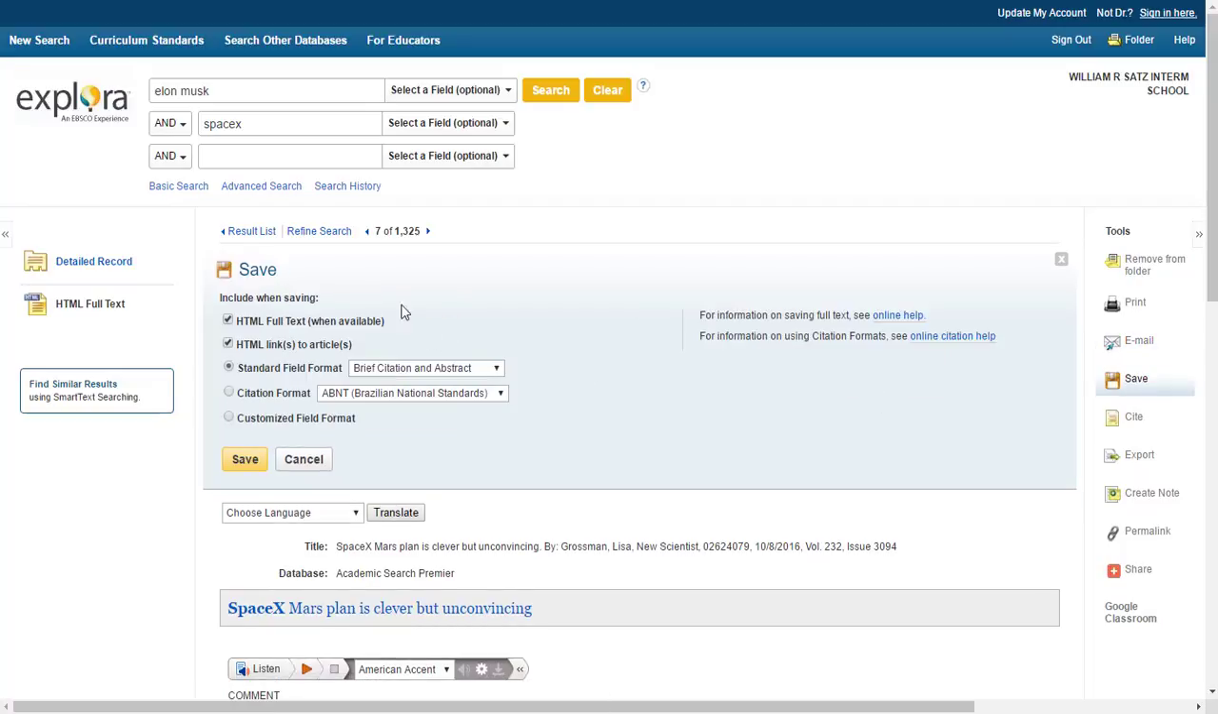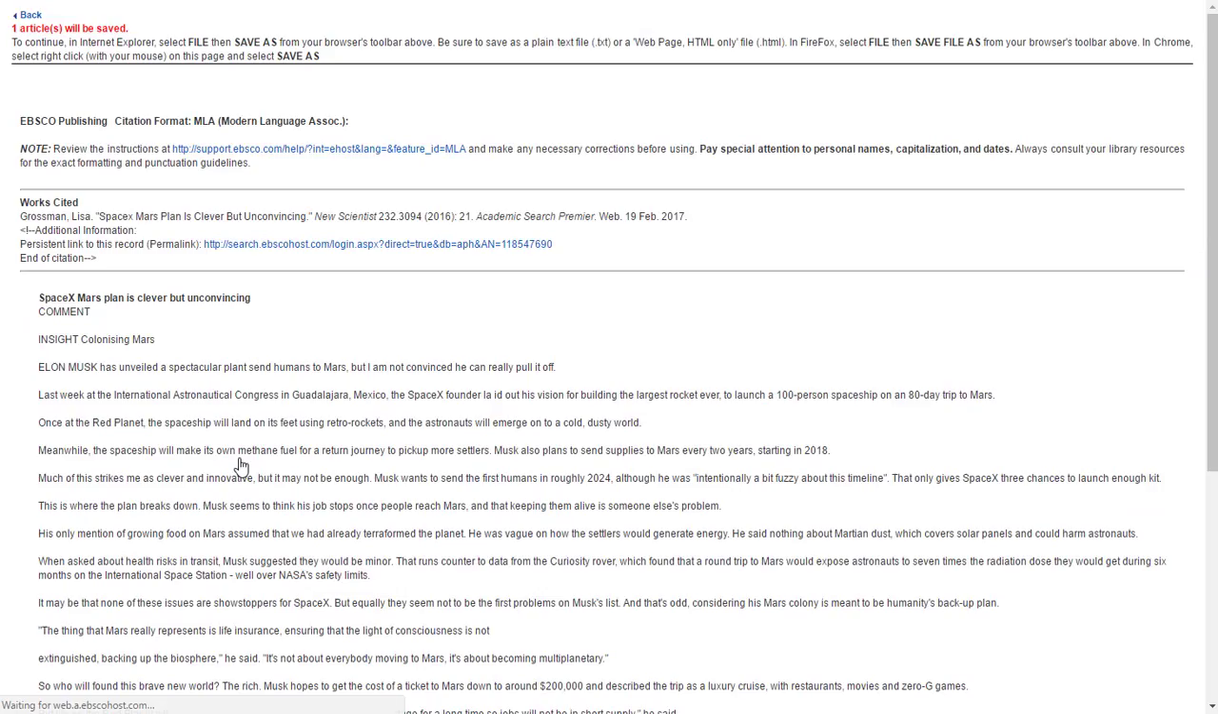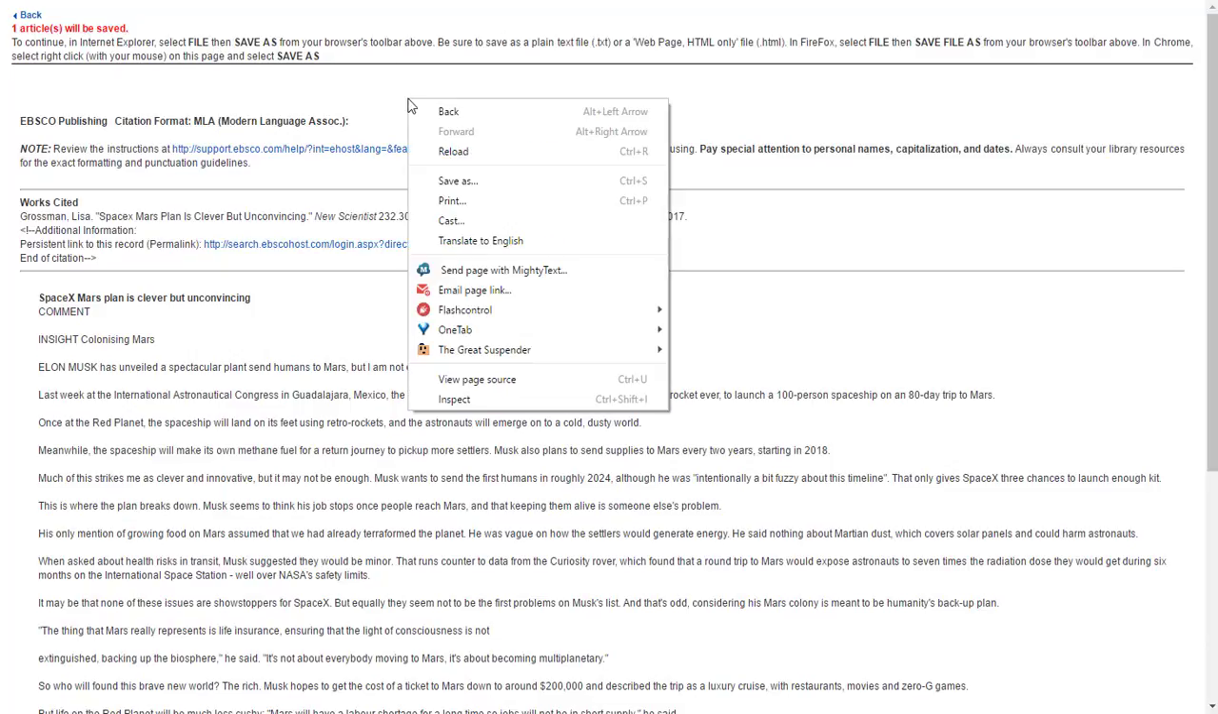The save option lets me actually make a copy of this page and save it to my computer. So I can choose, once again, my citation format, and when I hit save, it's going to bring me to a screen that's going to show me this is the information that's going to save. And here at the top, it tells me how to use different browsers to save this information as an actual document on my computer. So since I'm in Chrome, it says to right-click with my mouse and then do